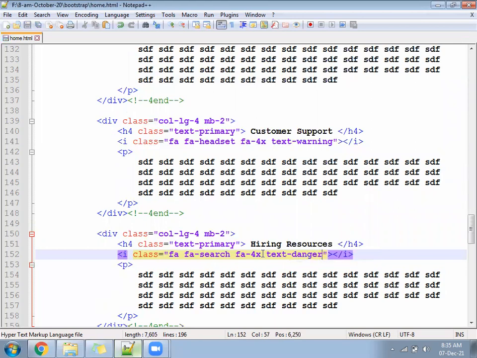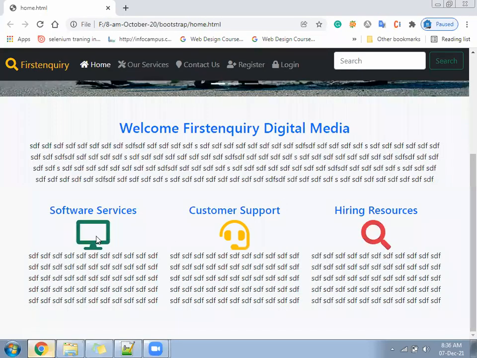Text danger, red color will come. So this way we can see the icons in different color combinations.